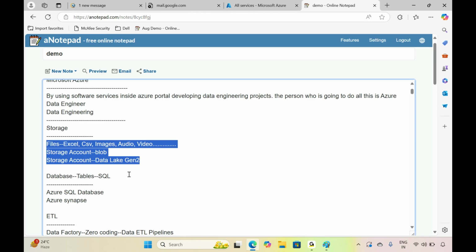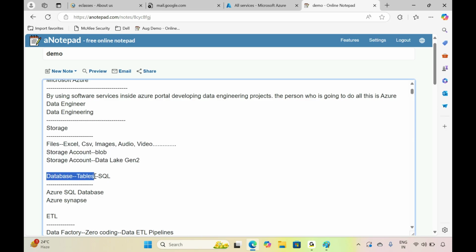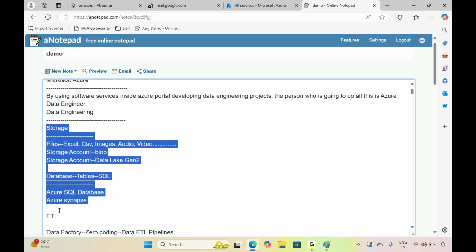If your data is in database table format, and you want to write SQL queries on top of it, you can use these two services to store your data as database tables. So any one or two storages we can use to store the data.